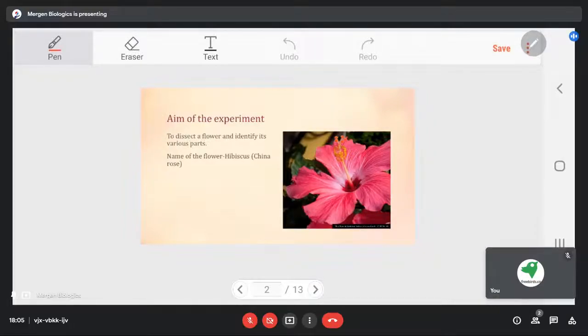Another term which is opposite to the bisexual flower is the unisexual flower. Unisexual flowers have only the male part, or some have only the female part. This is not the whole flower. They are not perfect. They are known as imperfect flowers because they have only one part. And in case of a bisexual flower, they have both the parts.